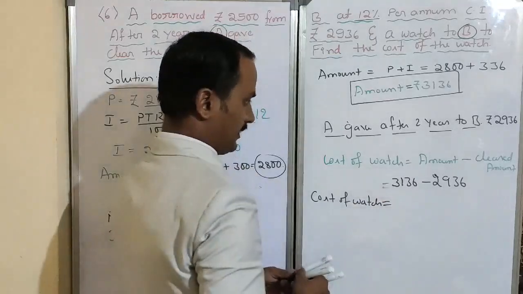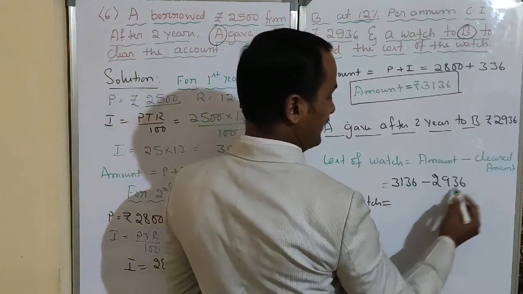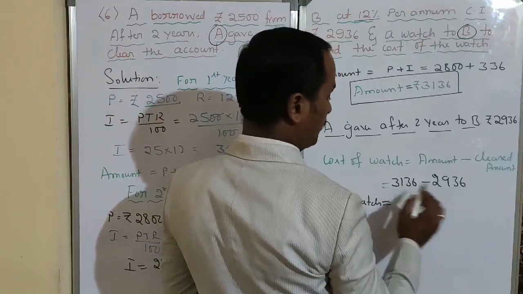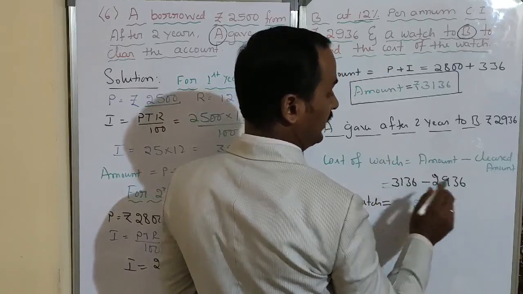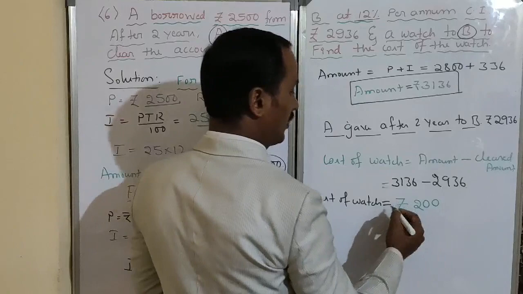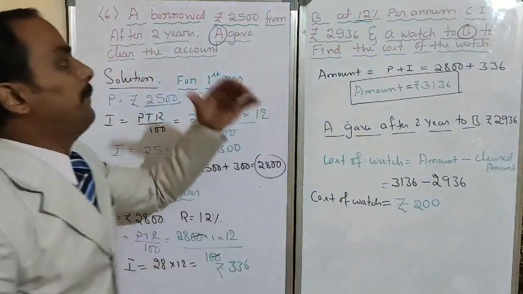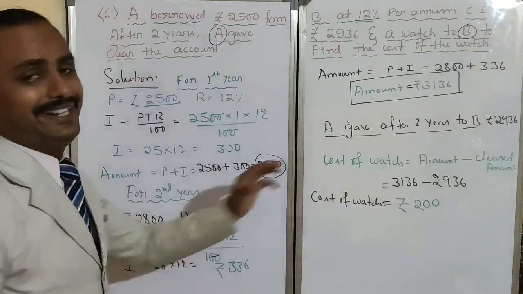See, this is the greater number, this the smaller number, subtraction. 6 minus 6 is 0, 3 minus 3 is 0, 1 minus 9 not possible, means 11 minus 9 it became 2, remaining 2, here also two zeros. That cost of watch is 200 rupees. Easy, is it, dear children? Like application questions came, you should understand the question and then find the answer neatly, dear children.